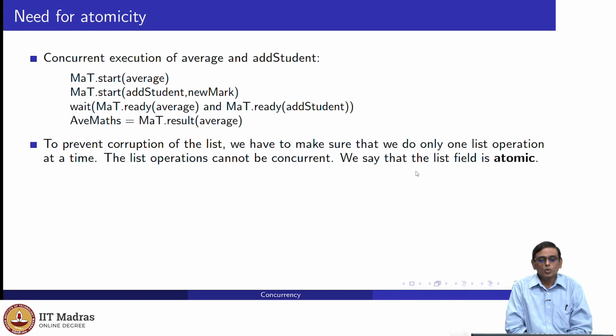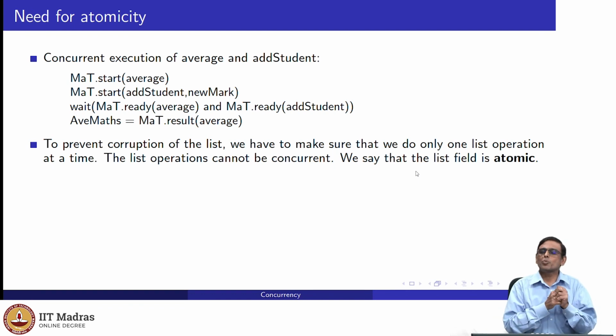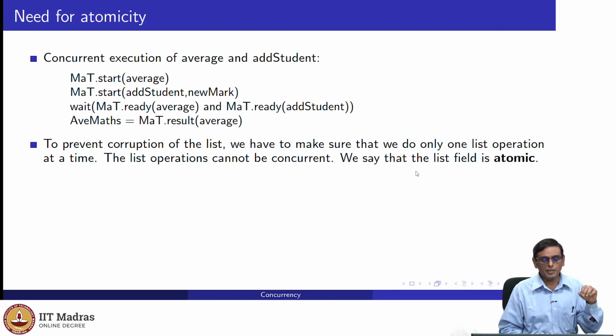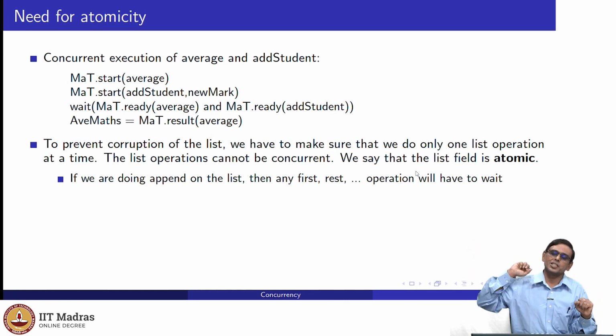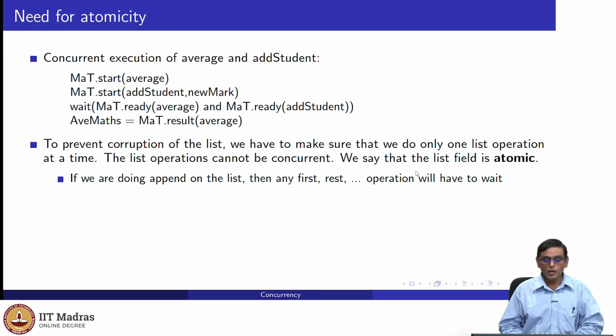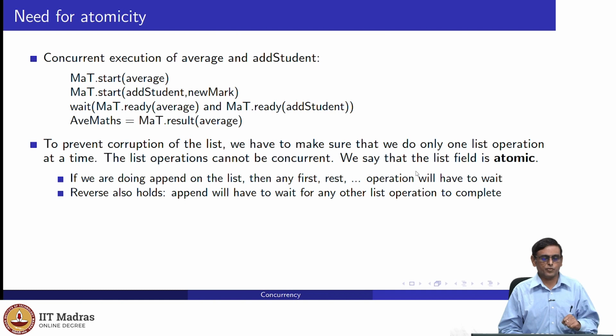How do you do that? You do that by making the list operations what are called atomic. You say the list field is atomic. Atomic means that only one person can enter it at one time. Two people can't access the list operation at the same time. If one list operation is running, like for example append is going on, all the other list operations are made to wait. So if you are trying to do a first with the list, then every other operation that is waiting to do things with the list, like rest, append and so on, will all have to wait. So only one at a time, a single thing at a time. That is why it's called atomic, right? So if you make the list field atomic, which means all operations of the list are atomic, then you can prevent this kind of race condition, and we would be safe, right?